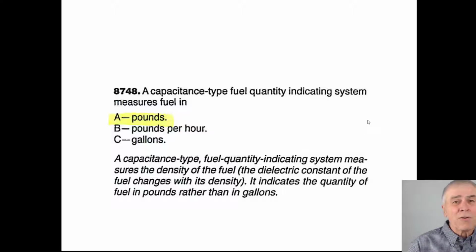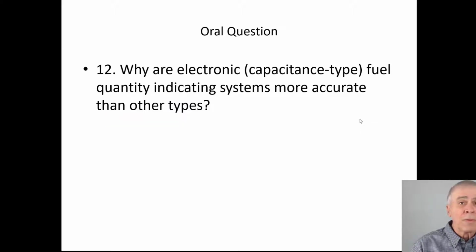I know there's a lot of questions on the capacitance electronic type, and they all follow very similar formats. So if you know the concept, which isn't that difficult, you may get multiple correct answers. Even an oral question: why are electronic capacitance type fuel quantity indicating systems more accurate than other types? Well, if you've been following along, you're going to basically recite that they measure